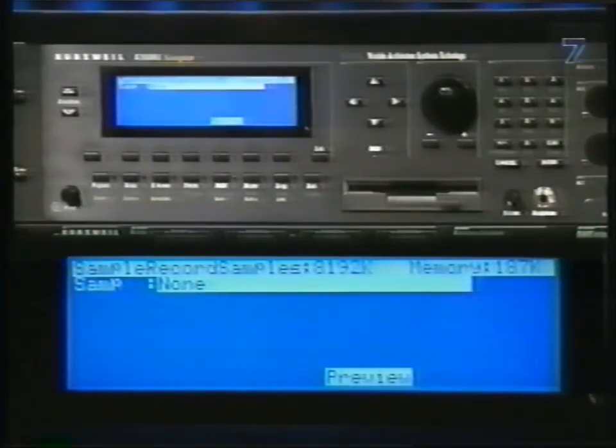You can also get to the sampling page from the master mode page, but this is a very useful way to get to sampling. By starting on the default program with silence as the key map, you can jump into the sampler, create the samples you need, then when you